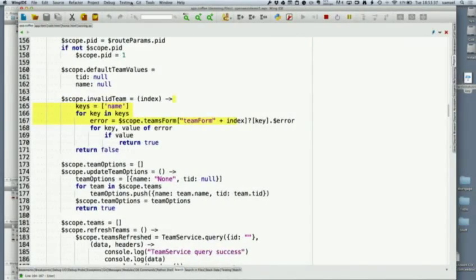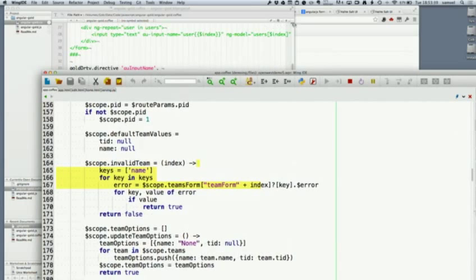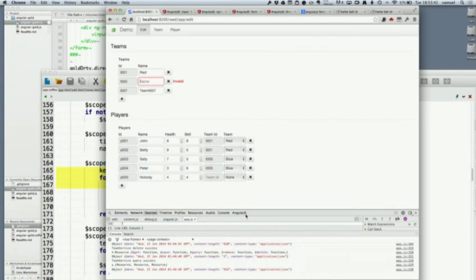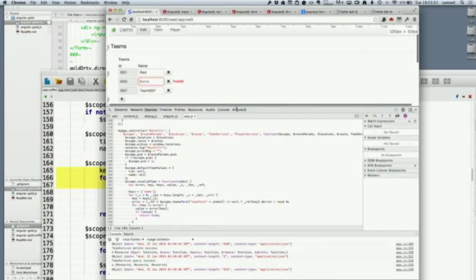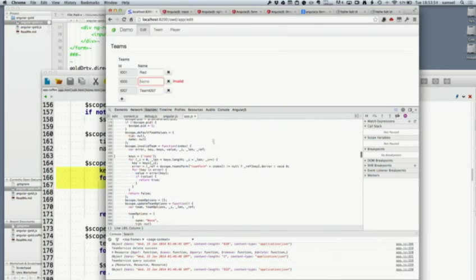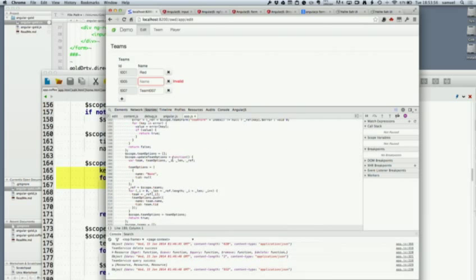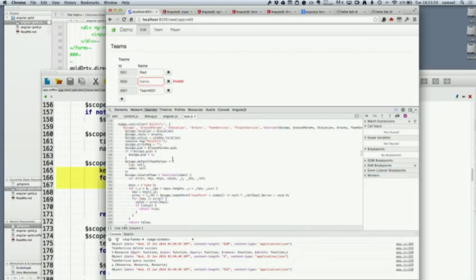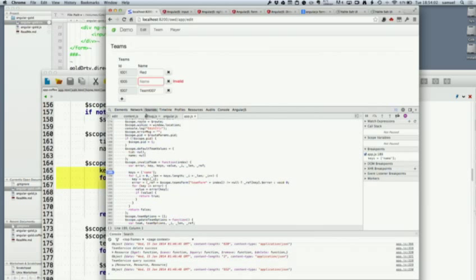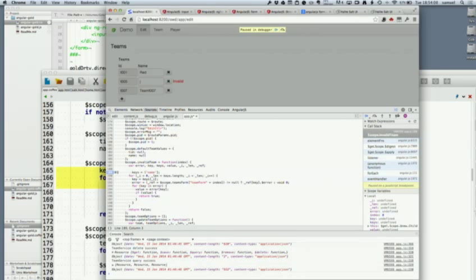Well, I'll show you. Maybe you can, because when I looked at the code, when I looked at what Angular did, I couldn't get access for validation because it wasn't in a place that I could get access to it. So, for example, if I set a breakpoint in here, invalid team, oops, okay. And then I want to look at